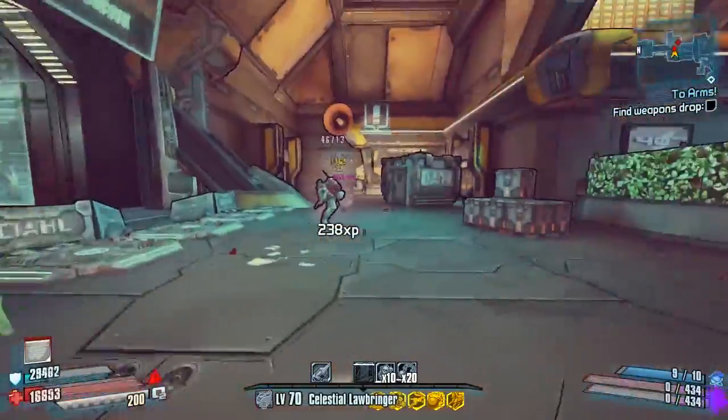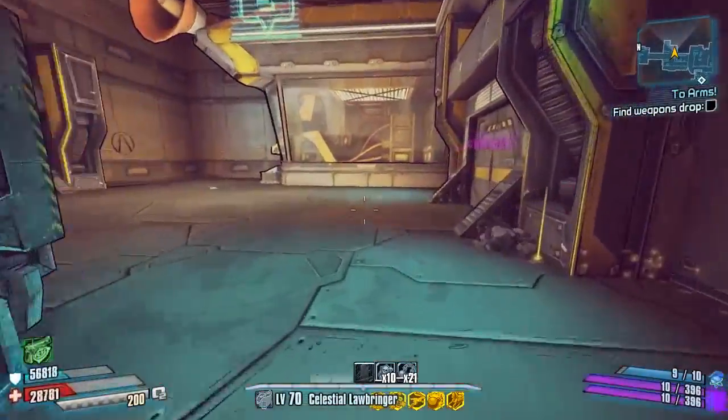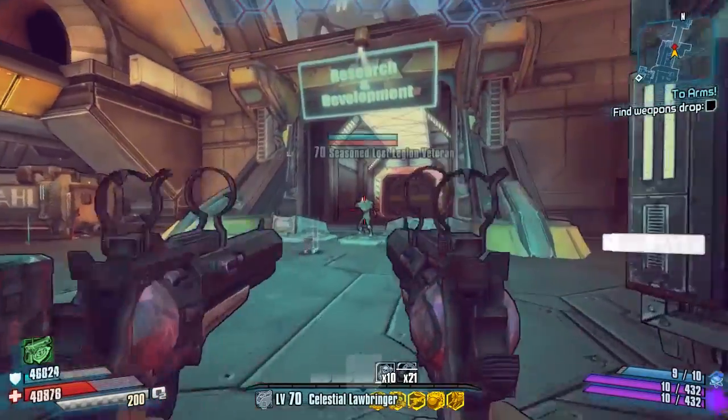Anyway guys, that is another Ultimate Vault Hunter Mode Legendary Weapon Guide. That is how to get the Maggie pistol and everything about it, and everything I think about it, in another Ultimate Vault Hunter Mode